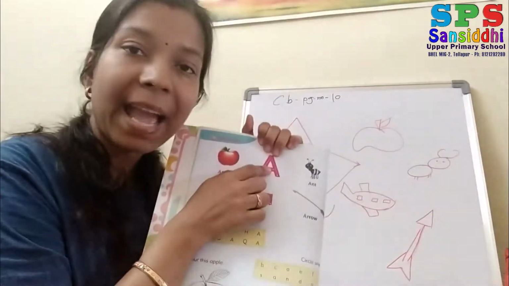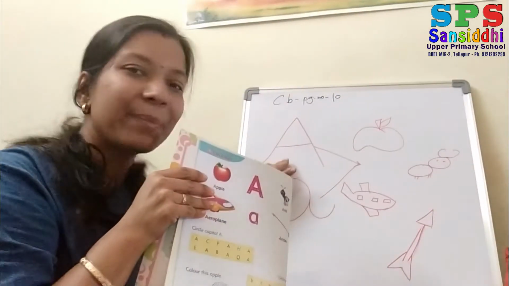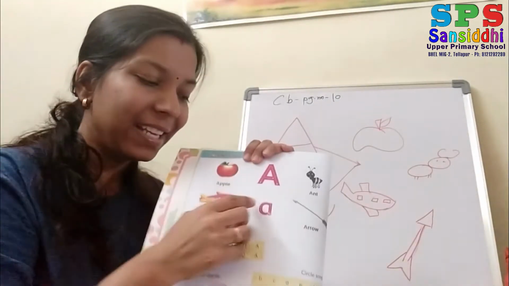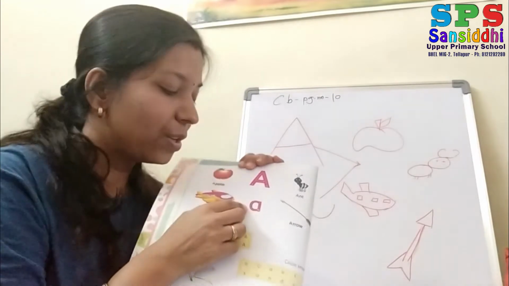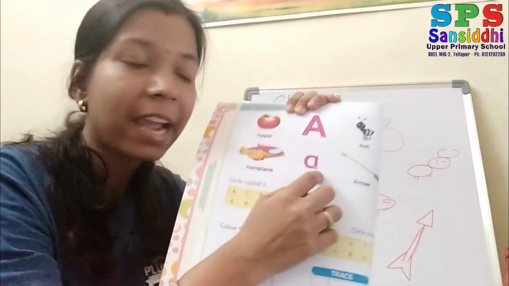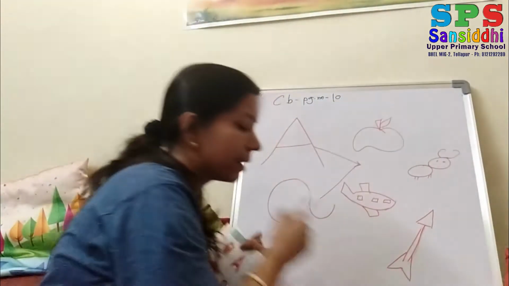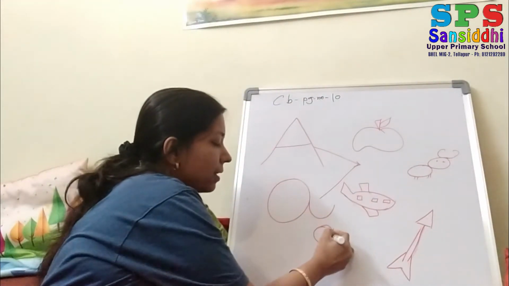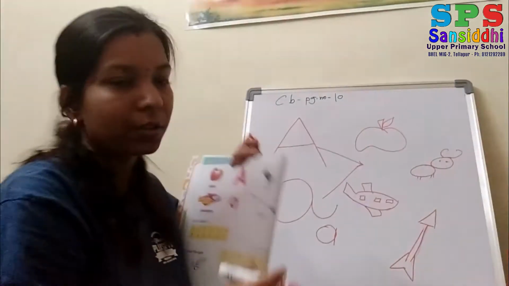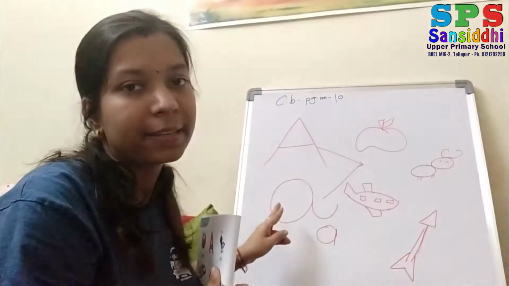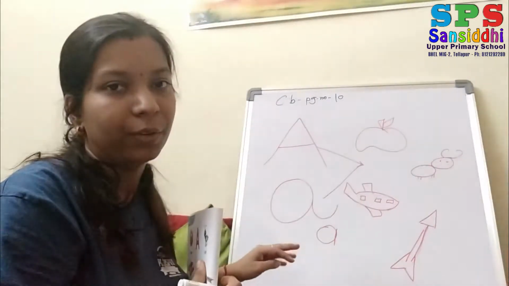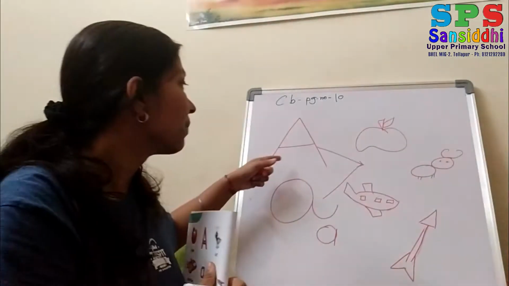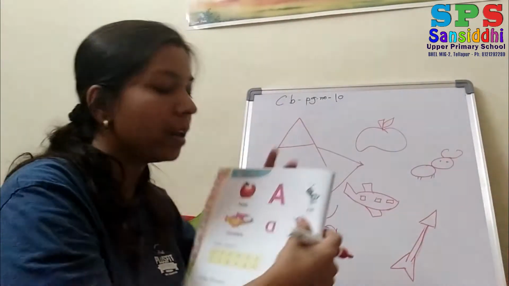So it's a capital A. I have already written it on the board, right? So it's a capital A and it's a small a. See, look here. Small a. Here they have given a small standing line also. So both are right. Both are correct. So one circle, one standing line. This is also correct. So what is easy for you? You can write that A only. This is also correct A and this one also correct A. So capital A, small a.